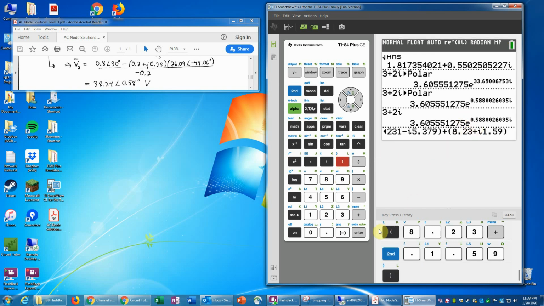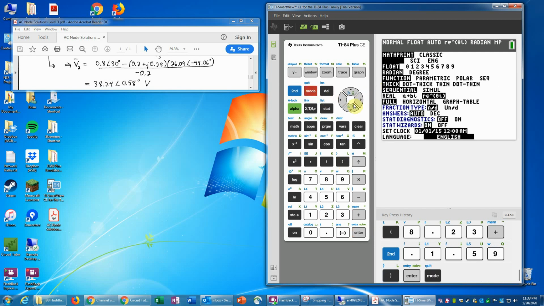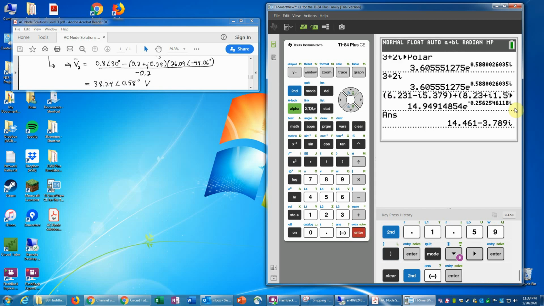Okay, so now if I press enter, that will simply display the answer. Now notice it's giving it to me directly in polar form. So in general, I can get whatever form I want. If I wanted that instead in rectangular form, I can just go back here and change back to the rectangular form. And now I could just bring back that answer and display that, and now that's being displayed in the rectangular